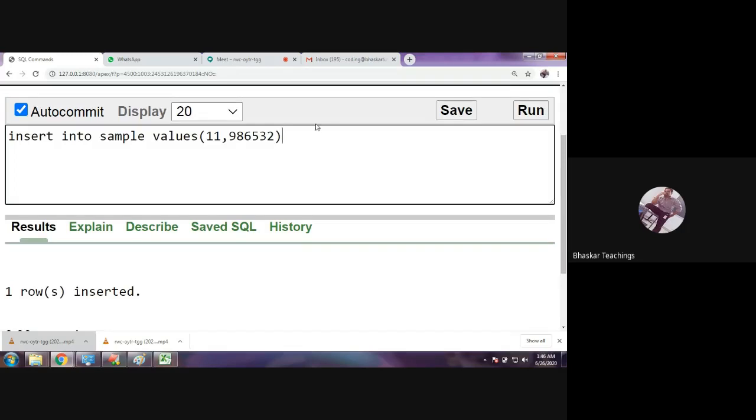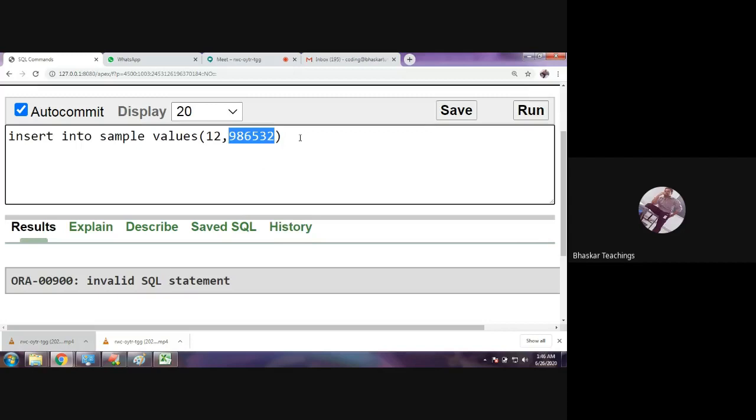Now let me try to insert the same phone number into the phone column. Is this going to accept? No. See, I'm trying to insert the same phone number. It should say unique constraint violated. Yeah, this is the error.